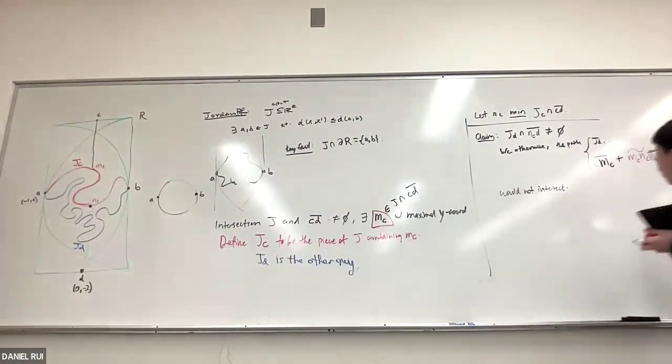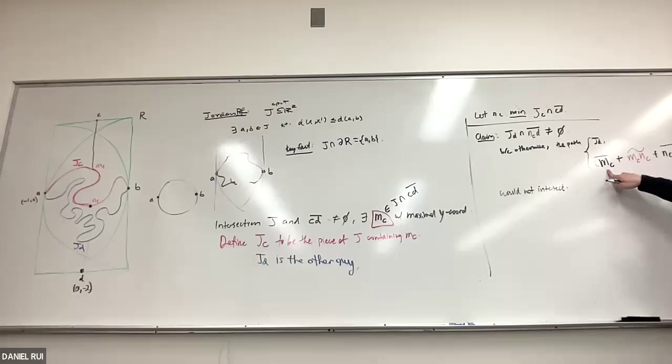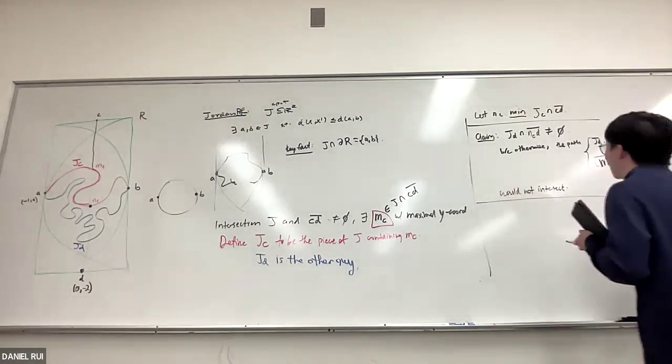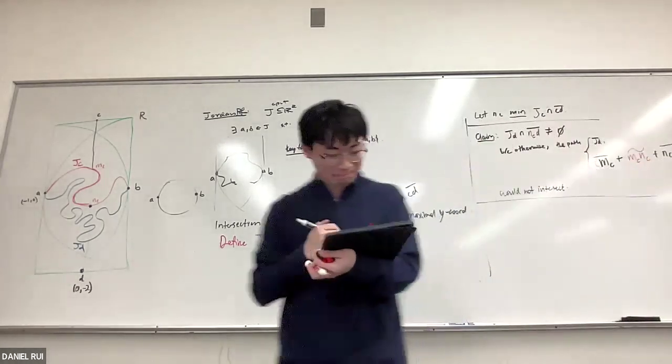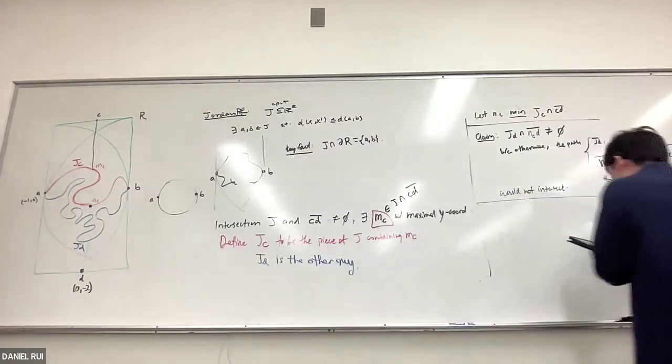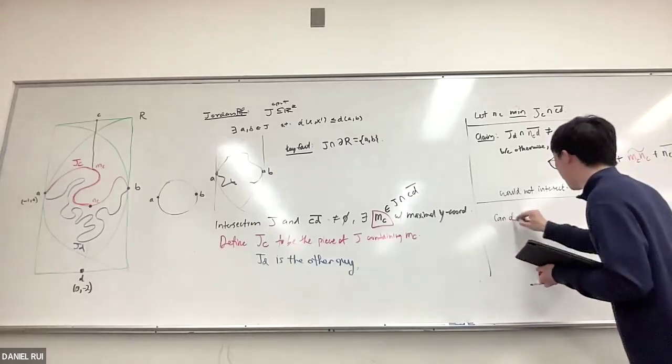Okay. Why? JD can't possibly intersect that guy because MC is the maximum. So that's not going to hit there. JD can't hit there because that's the other part of the Jordan curve, and the Jordan curve is injective. It can't hit there because I'm assuming that it doesn't intersect. Okay, so if this was true, then they wouldn't intersect, and then I get another application of the intersection theorem. Okay, John is nodding. Ron is nodding. So this thing is not empty, and so I can